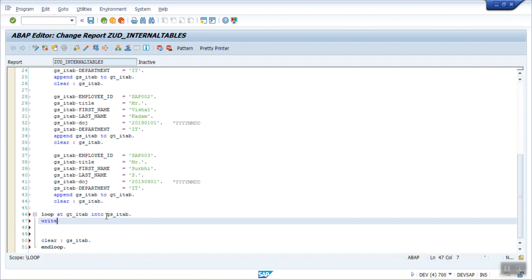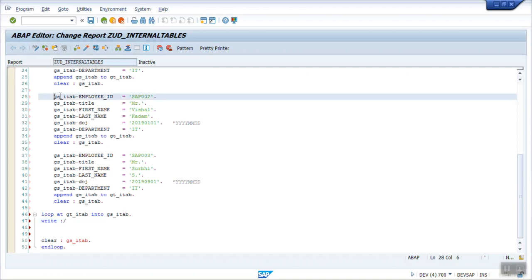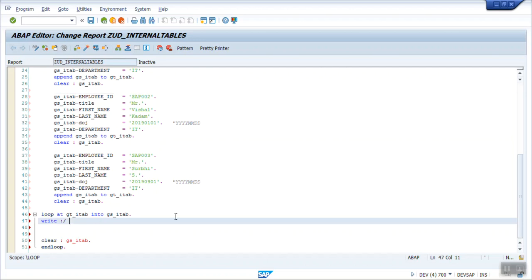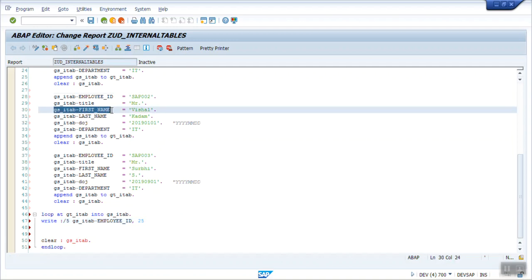So let's say I want to write employee ID at position number 5. Then at position number 25 I want to print the first name. Not necessary to print all the records. You can print any record, any field we can print.